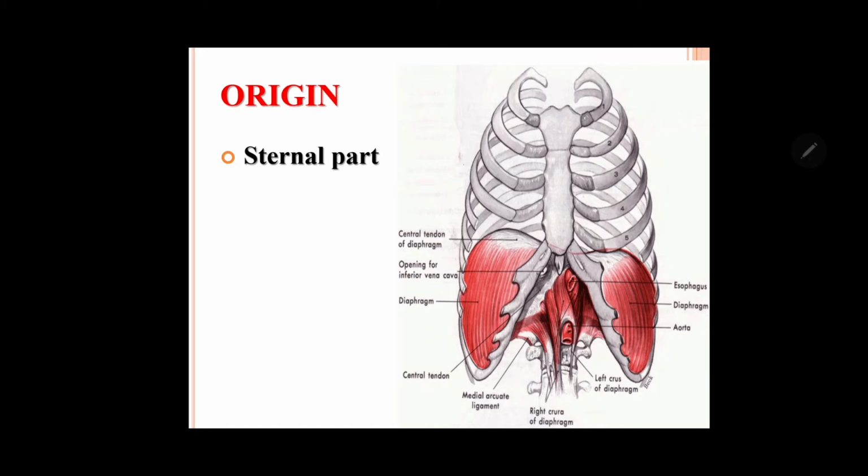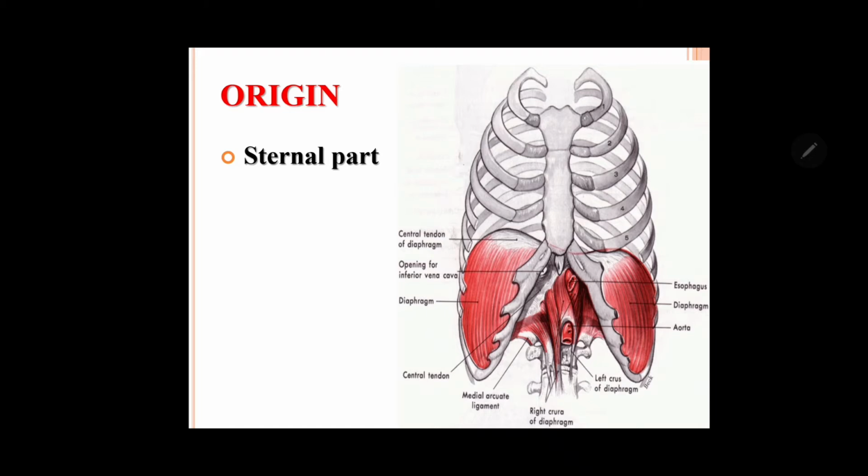The central tendon is a trefoil leaf shaped part, as you are seeing from below here. Between the median and right part of this trefoil leaf, you will see the vena cava opening, and behind the central tendon, in the muscular part, the esophageal opening. Behind the diaphragm, between the right and left crus, you are seeing the aortic opening. So these are the three major openings: vena cava, esophageal, and aortic.